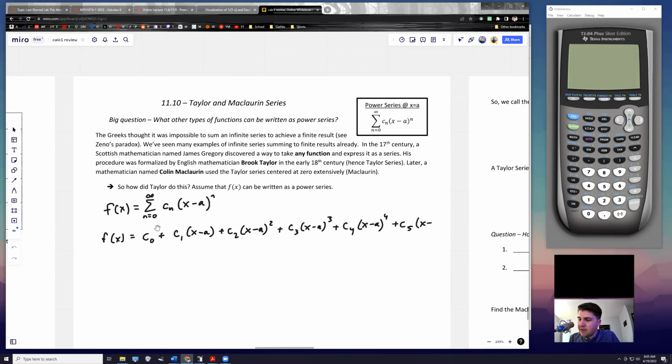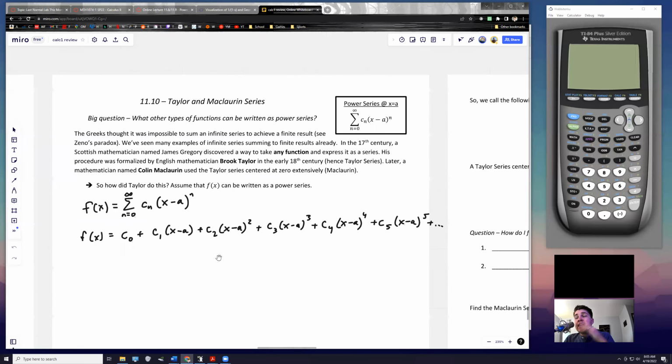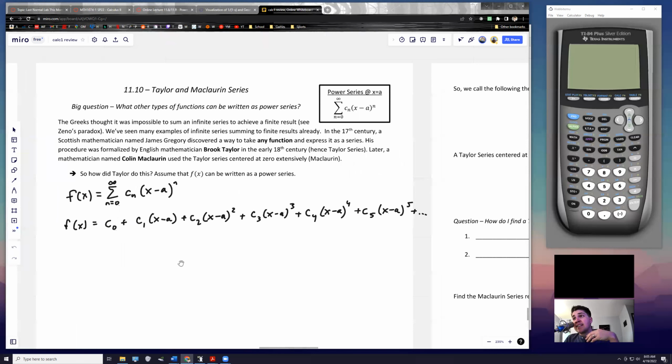And for now, if you're wondering why we are doing this, basically, if a function can be represented as a power series, well, this is what a power series is. It will just look something like that, where C0, C1, C2 are just numbers, and A is a number, and we don't necessarily know what those things are. So what's the point? Well, what mathematicians noticed, including